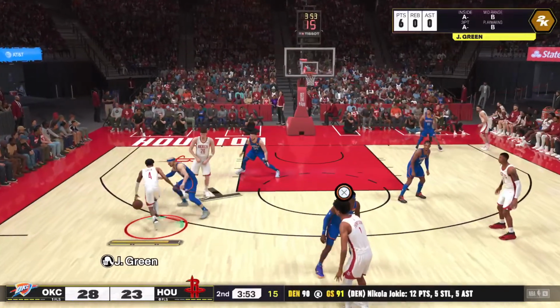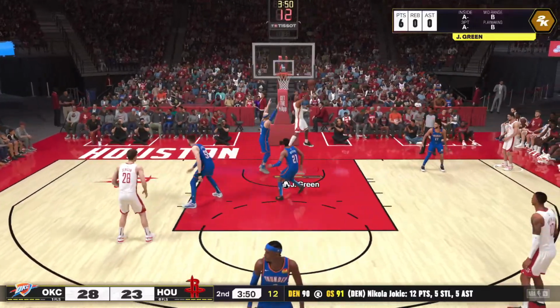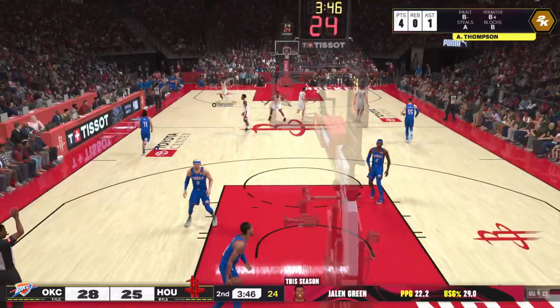Thompson dishes to Green. Şengün with a screen on Caruso. And Green gets it to go. And once he gets going, Green is a...